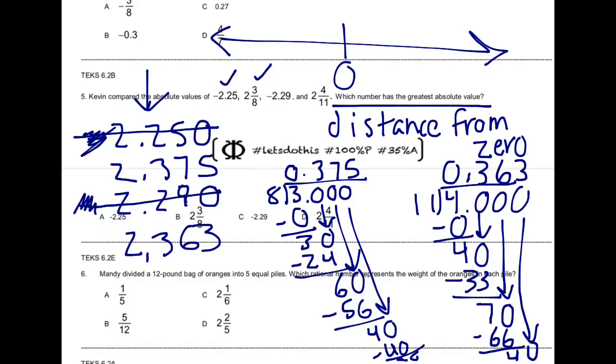363 thousandths. So when I look at 2 and 375 thousandths and 2 and 363 thousandths, the 2's the same, the 3's the same, but 7 is bigger than 6, so it's farther away, which means it has the greater absolute value. Answer is